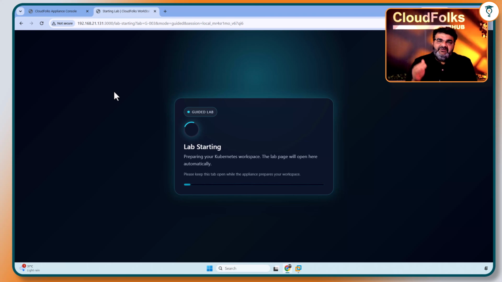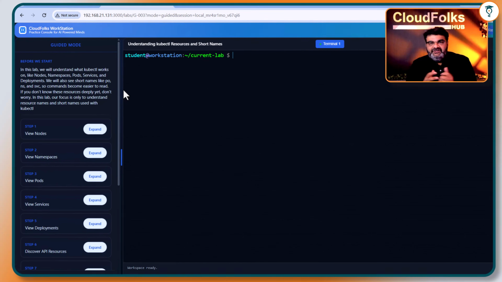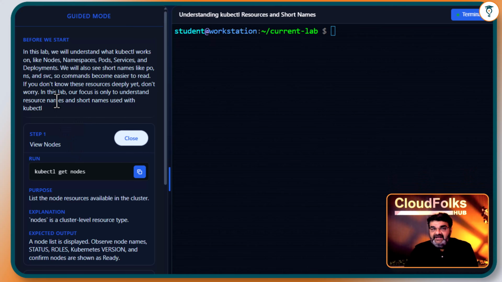Now, in this particular lab, we have 11 to 12 steps or tasks that we will perform step by step. First of all, we will talk about some of the get commands that we have with kubectl. Then we will find out resource details, and then finally we will provide shortcut names of the resources. For example, we already discussed the get command. It is an action, right? So whatever resources you have inside your cluster, if you want to find out details about them, you can